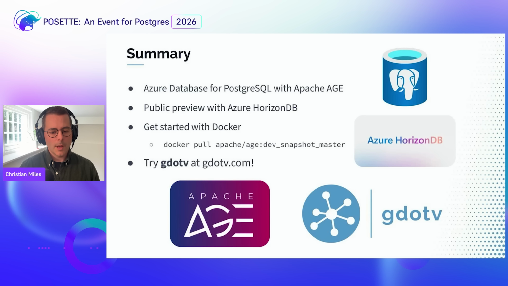So, in summary, Apache AGE is open source. It's a top level Apache project, and it's available on all major cloud platforms, including Azure. It brings the popular Cypher graph query language to Postgres without adding yet another database to your stack. But those intuitive graph queries are only half the story. The traversals, patterns, and graph results need visualizations designed to emphasize connections. You've got force-directed layouts to surface structure you didn't know was there, and structured layouts to overlay meaning from your